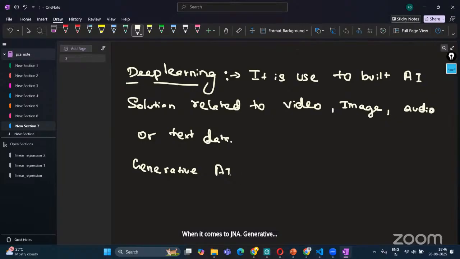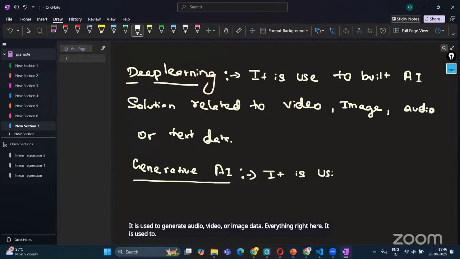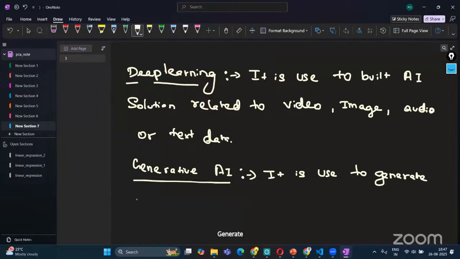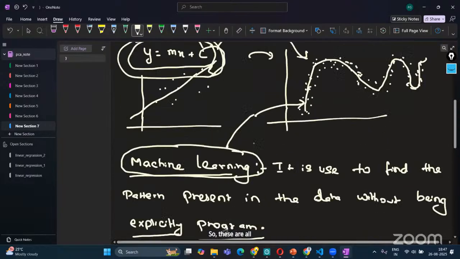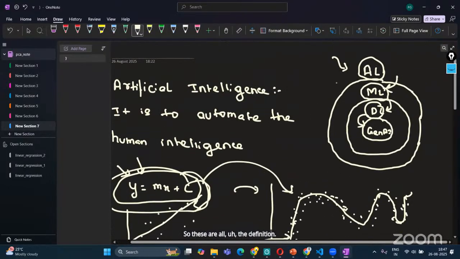AI, it is used to generate audio, video, or image data. We can write here, it is used to generate audio, video, or text data. So these are all the definitions when it comes to what is AI, what is ML, what is DL, and